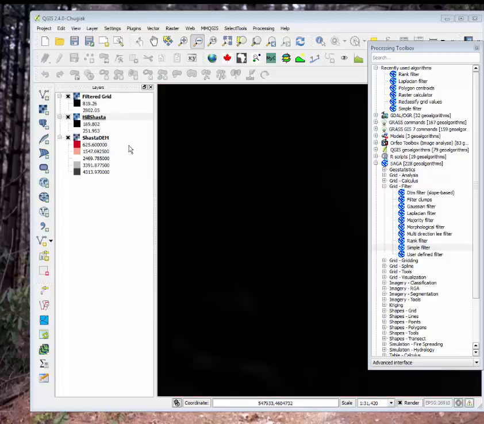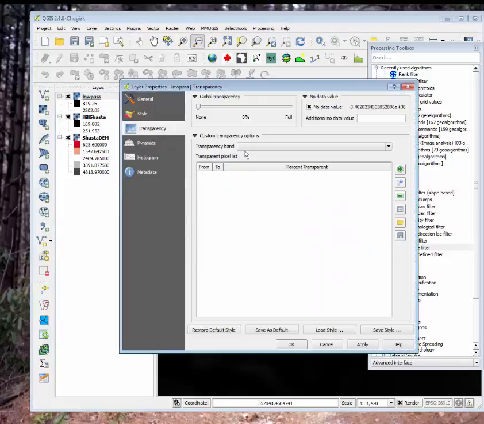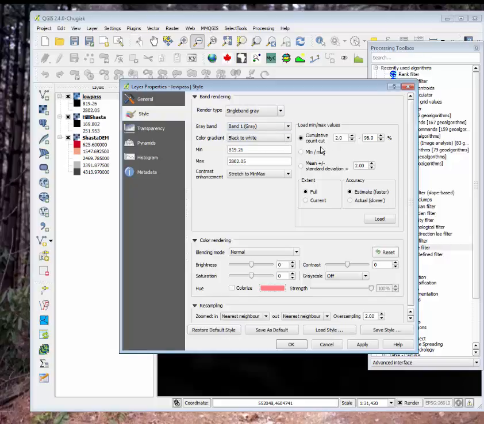Now we've got it processed, we probably want to rename it right away to low pass. And we also want to bring its properties out so we can see it. So we want to make sure we're doing the minimum maximum, and we're loading, so we're getting our complete values here. And we're going to apply that.